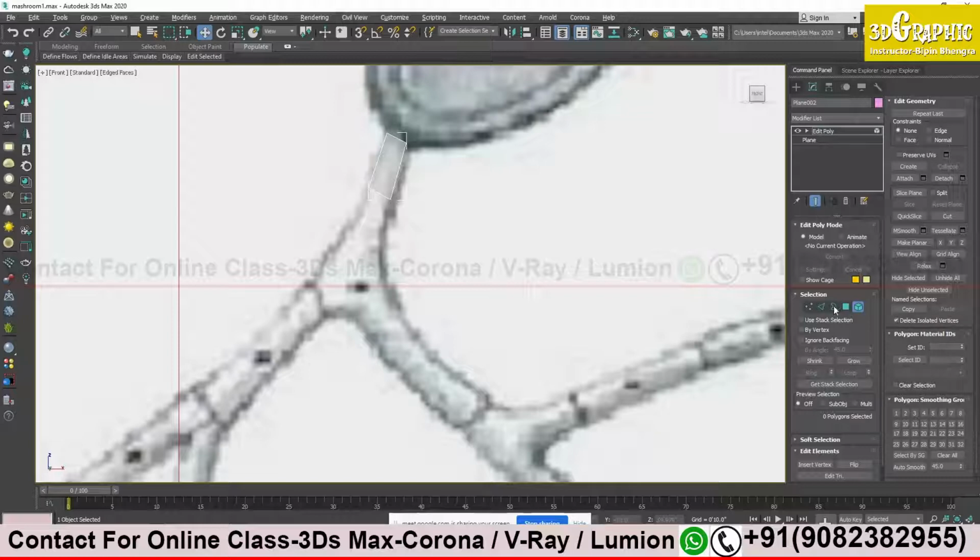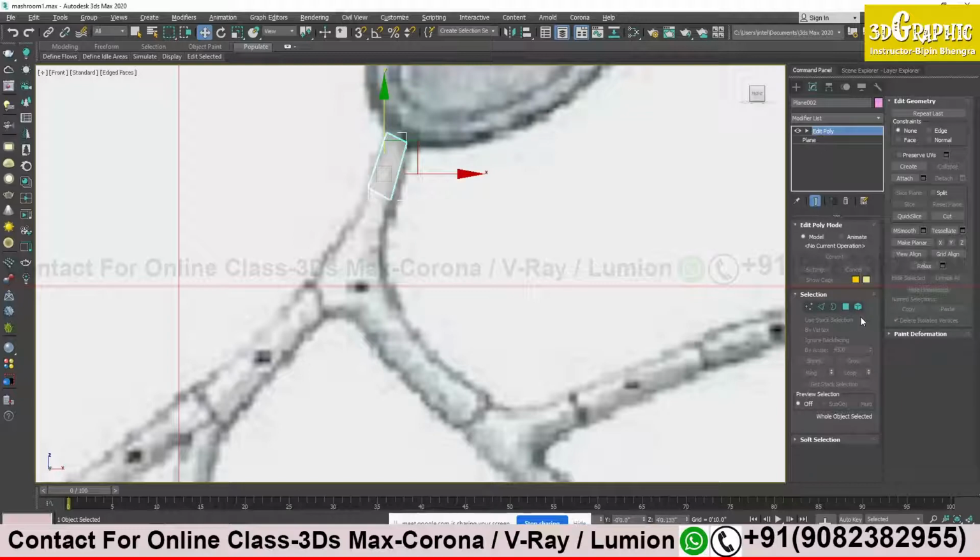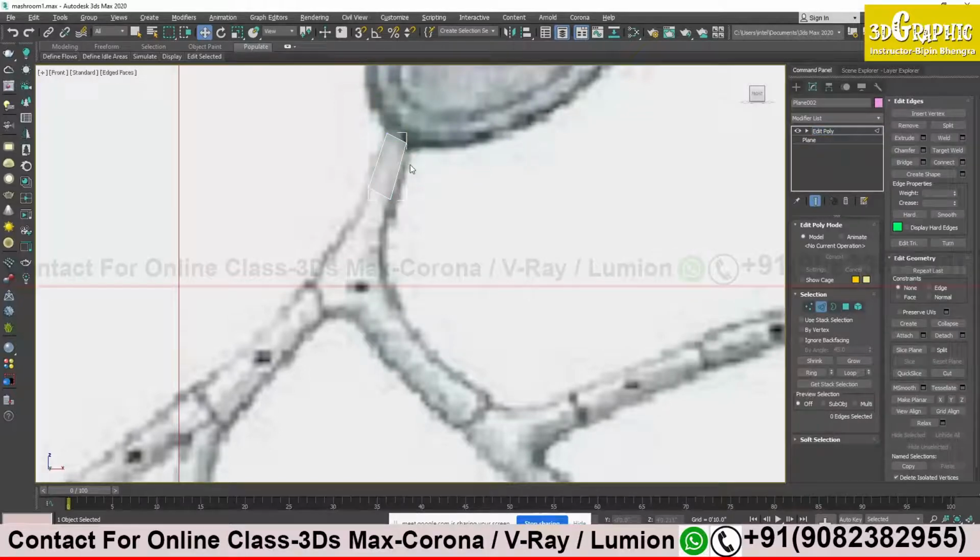So these are the shortcuts for the selection, vertices and all. And if you press 5 for elements, and again press 5, you go to edit poly mode. You are no longer in the selection mode. This is the complete edit poly mode. If you want to select vertices and all, then you have to press 1, 2, 3 and all. So I need edges to work with. So I press 2. You see my edge is highlighted over here, and I will click this edge.